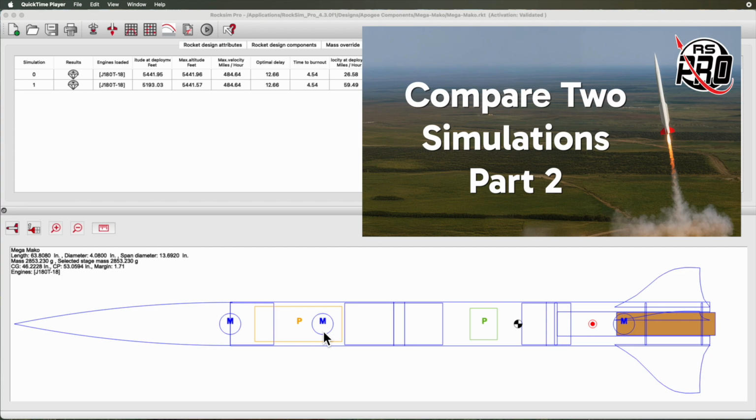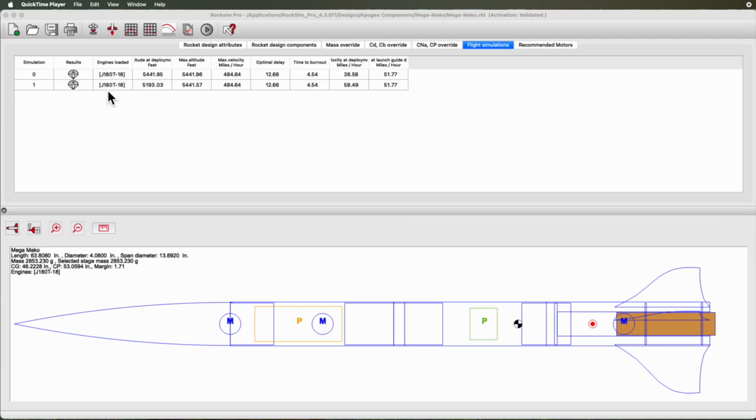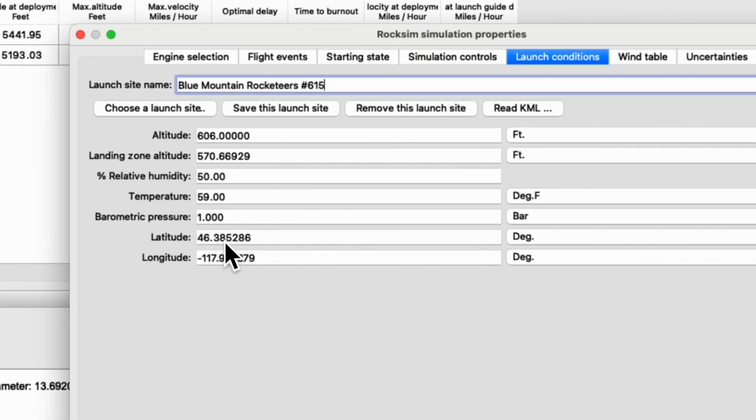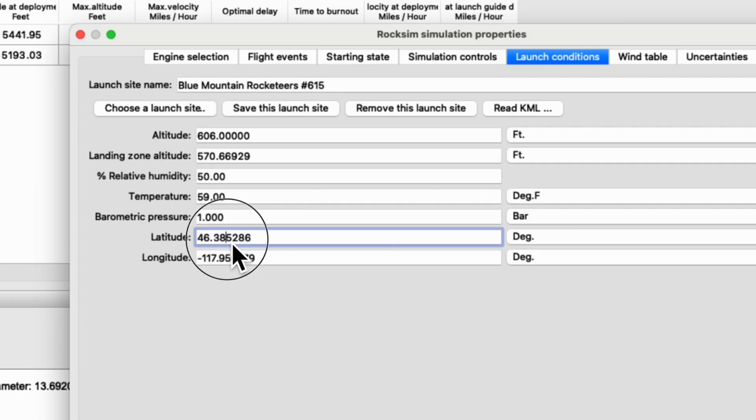This is comparing two simulations, part 2. So previously we had launched two rockets from the exact same location, but the rockets do not need to be in the same location. So this time I'm going to move the launch pad on this next flight. So I'm just going to change the latitude and longitude just a little bit